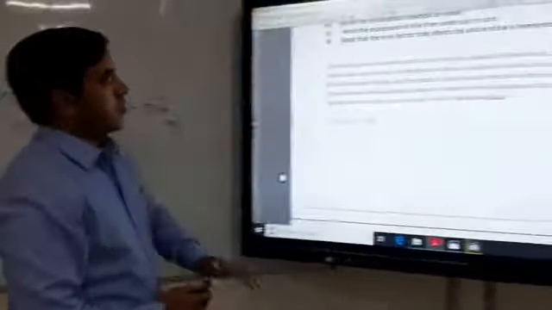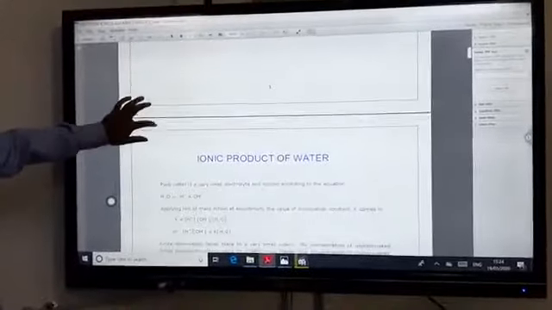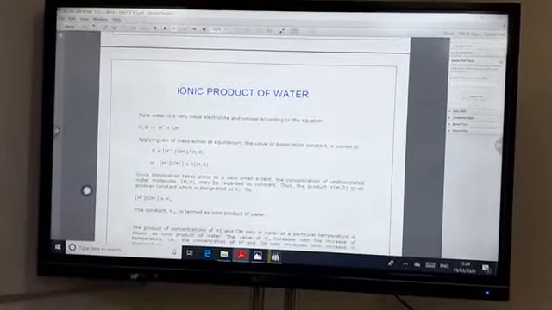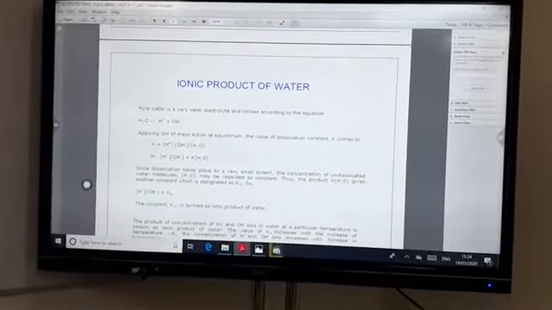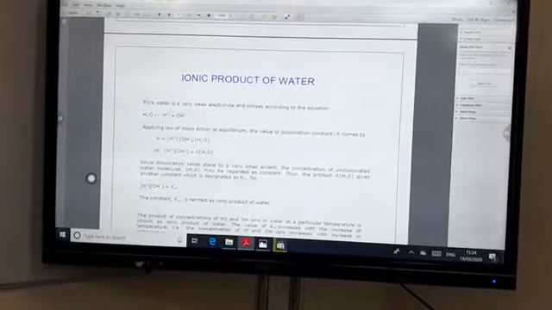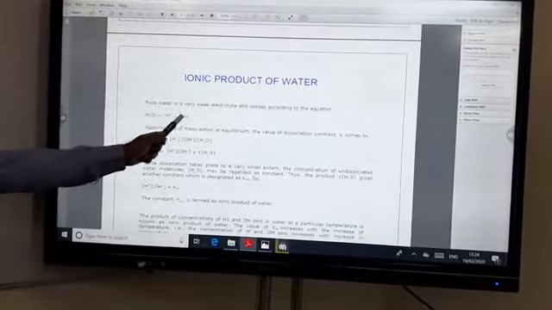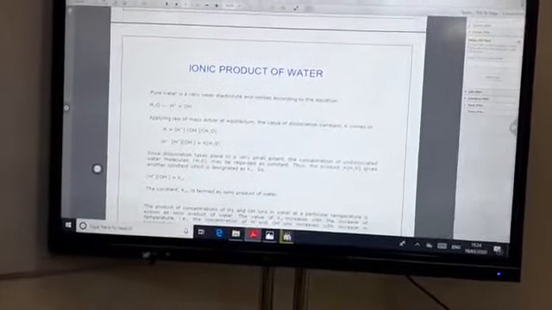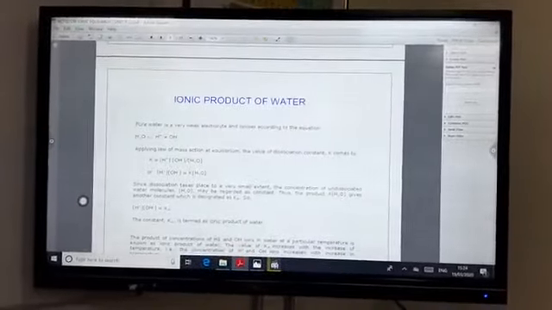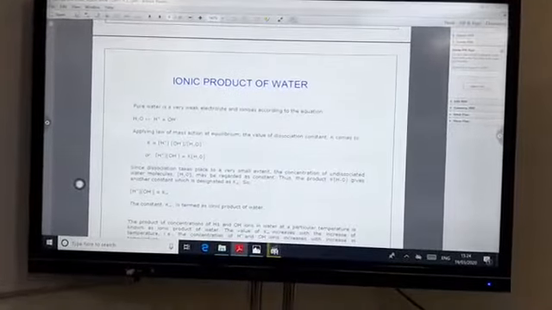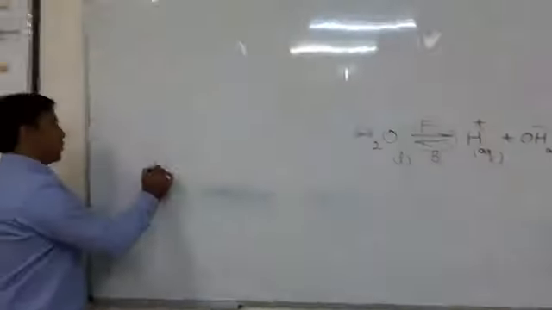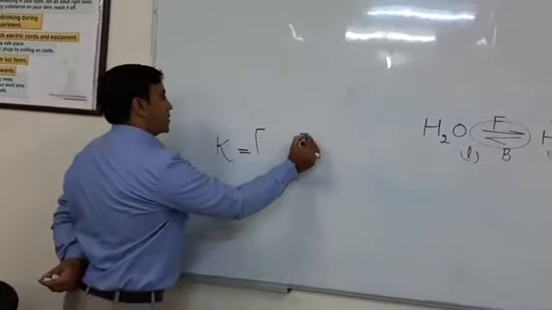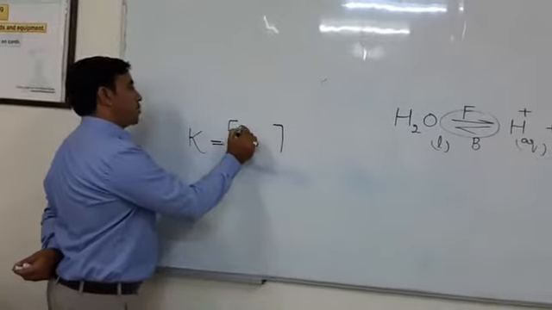When we want to write the Kw expression, that is known as the ionic product of water. Why do we call it ionic product? Because hydrogen is positive here and hydroxide is negative. That's why we call it the ionic product of water. Applying the law of mass action to write the expression, we will write first K for constant. Then, how to write the value for K? First we write the product